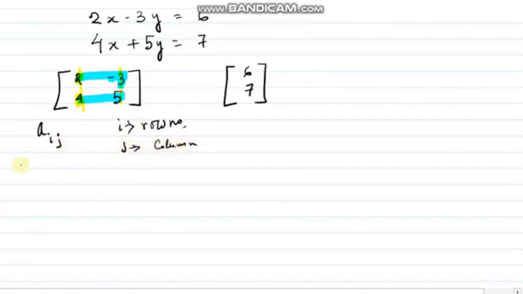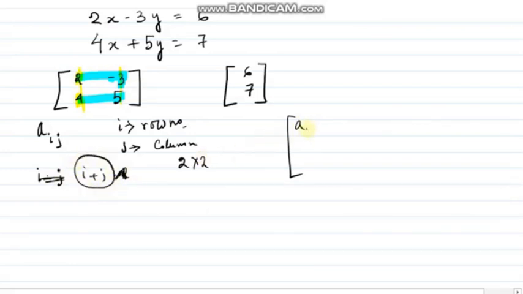So if you have to form Aij, a simple one, let's say I plus J equals 2, and the matrix will be a 2 by 2 matrix. So for a 2 by 2 matrix, how many elements will be there? The operation will be only I plus J, that will be your rule.